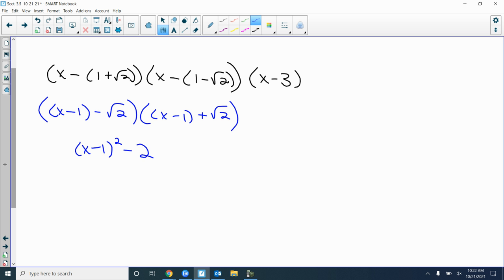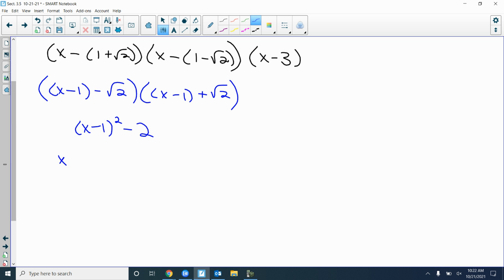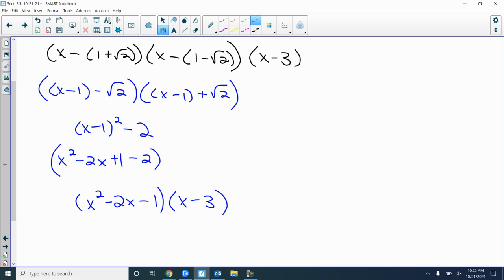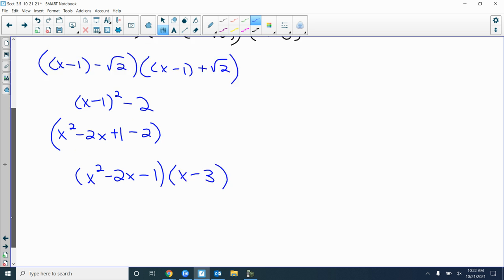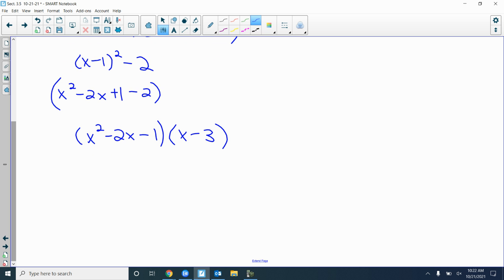So now I'm going to worry about this x minus 3 later. Now this x minus 1 squared is x squared minus 2x. Negative 1 times negative 1 is plus 1. I still got this minus 2. So when you're done with all of that, it's x squared minus 2x minus 1. So that's another thing I looked for to see if you had that. If you got that, and then you had the x minus 3, all right, you're pretty good. You probably made just a simple careless error. But now you got to finish it. Some of you just left that. You do need to write it in